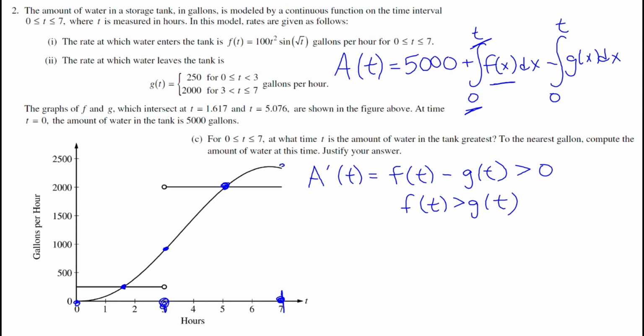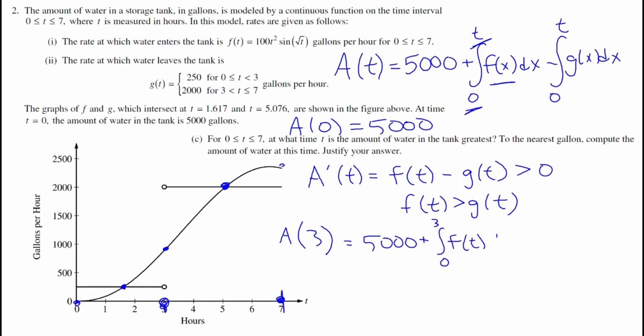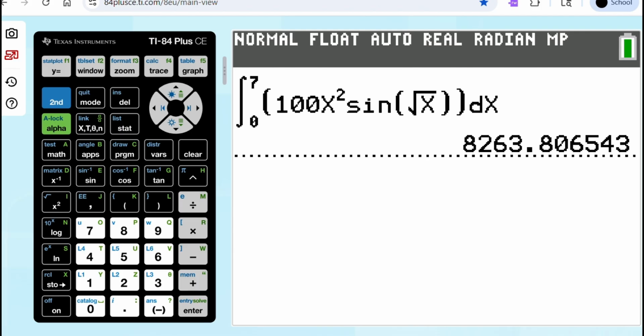So what we really need to do is just test what's going on at the beginning, at 3, and at 7. To find A of 0, we know that A of 0 is 5,000. That's what we started at. And then we want to find A of 3. So A of 3 ought to be 5,000 plus the integral from 0 to 3 of f minus however much drains out from 0 to 3, which is draining at 250. So that'll just be minus 250 times 3. So we'll do that on our calculator. We'll do 5,000